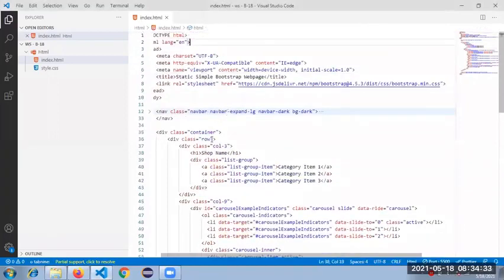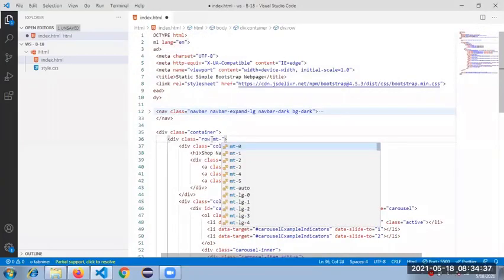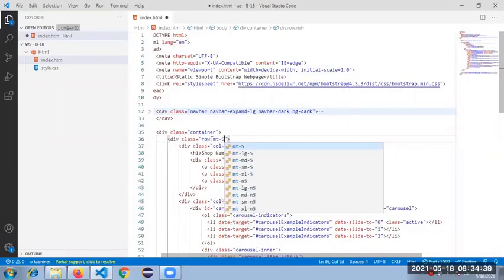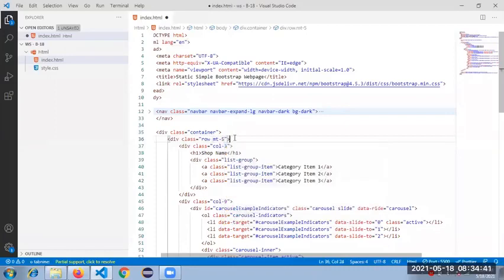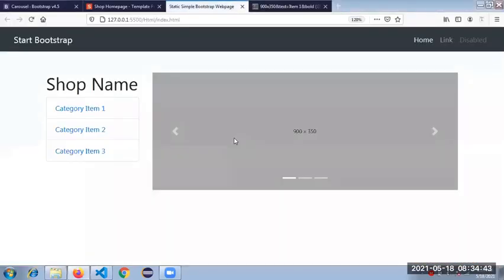Let me give this row a margin top. As per your requirement you can give. Okay, yeah, it's better now.